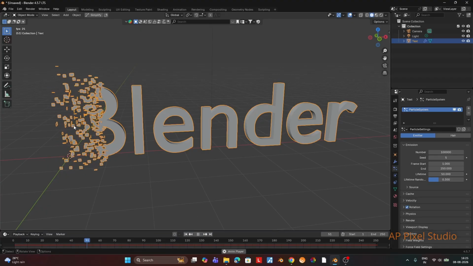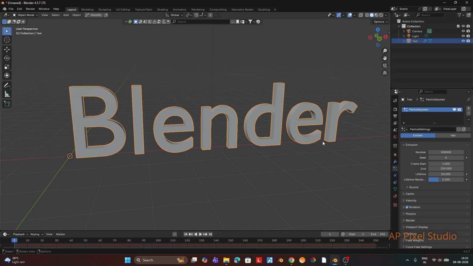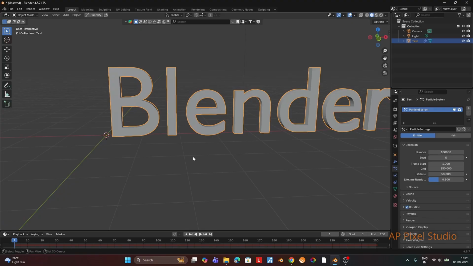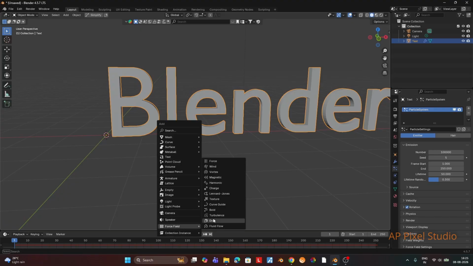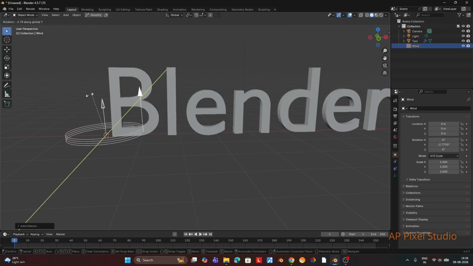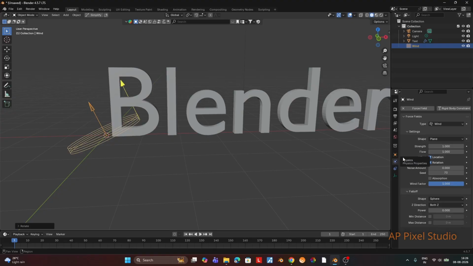Now we wanted to have an effect on this particle so it moves in some direction. And for this, we are going to use multiple force fields. So we will add one wind force first. We'll just do Shift M, Force Fields, and we will add wind. So wind is added. By default it's pointing in the upward direction, so we will just rotate it a little bit according to Y. So it will go to the top left side, and we will adjust the strength.